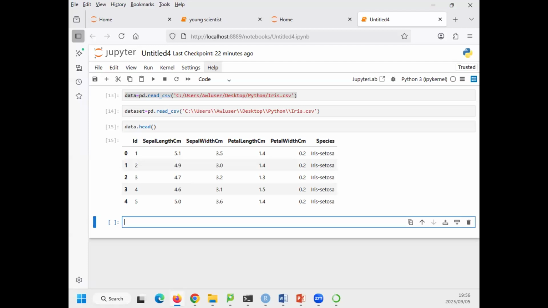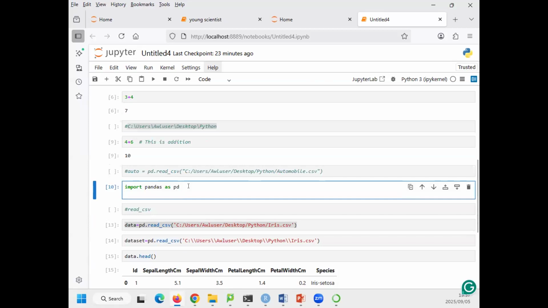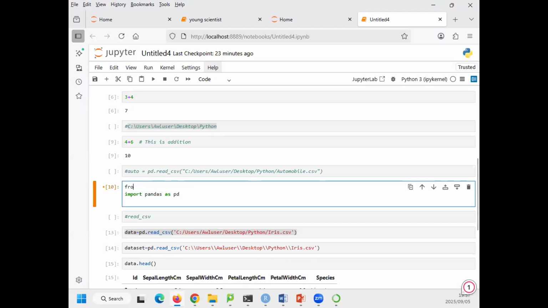Hello, sir. Maybe you can go ahead. Yeah, please. So how do you display the entire data? So display. Okay, display. So we need, how do you call it? Let me just do this. Hold on. From